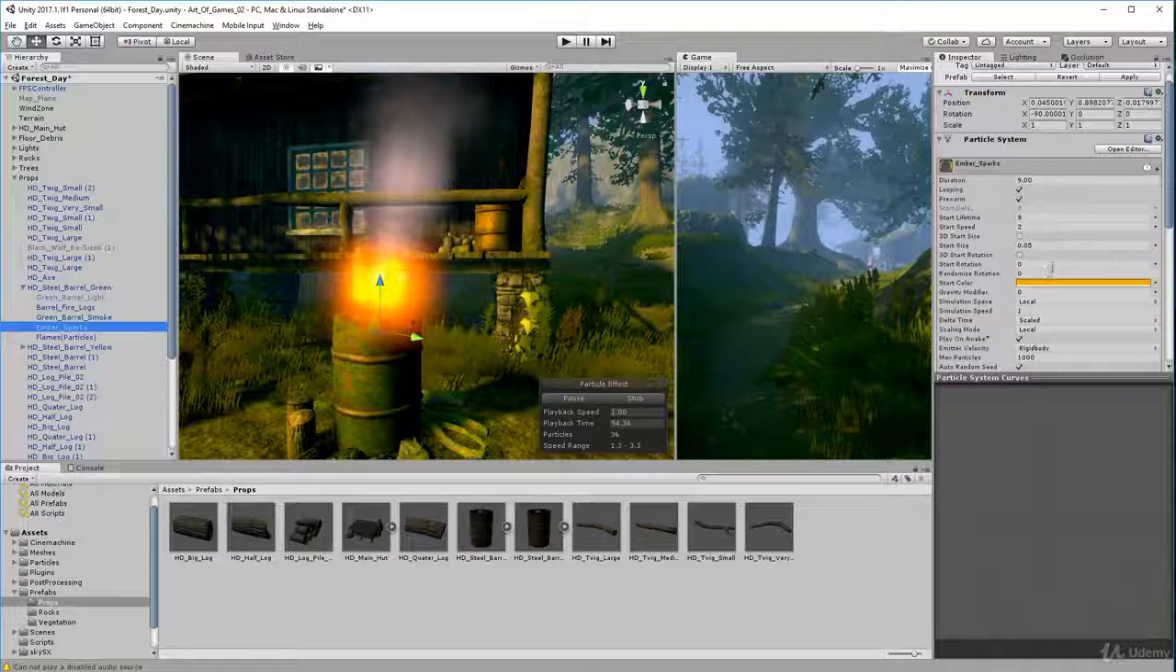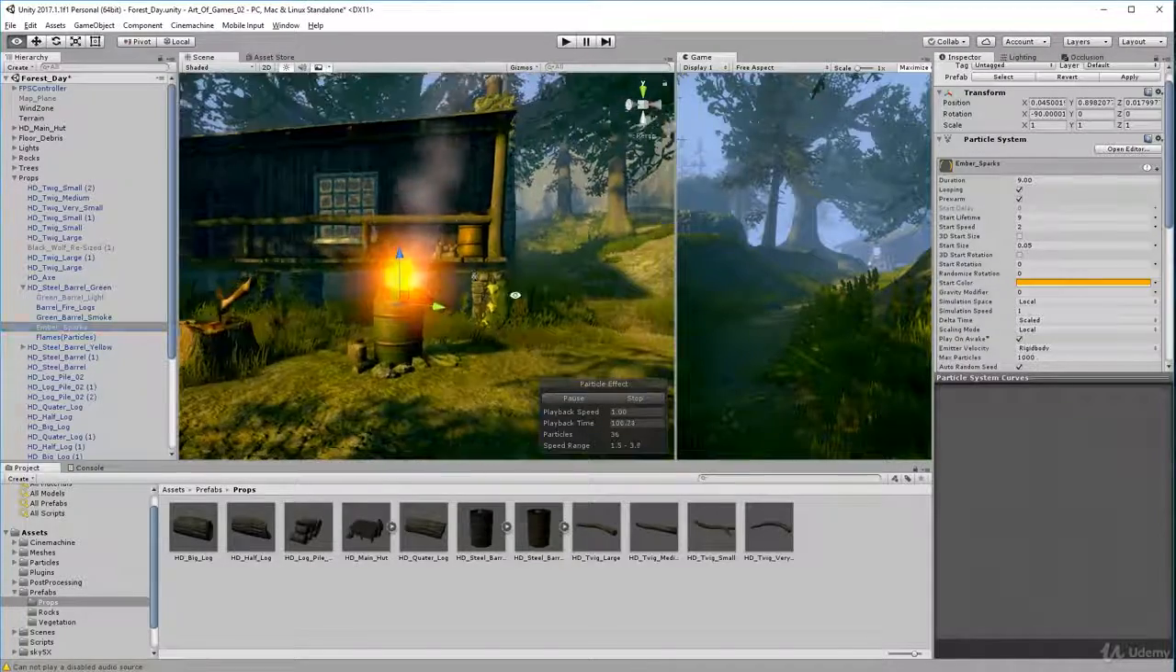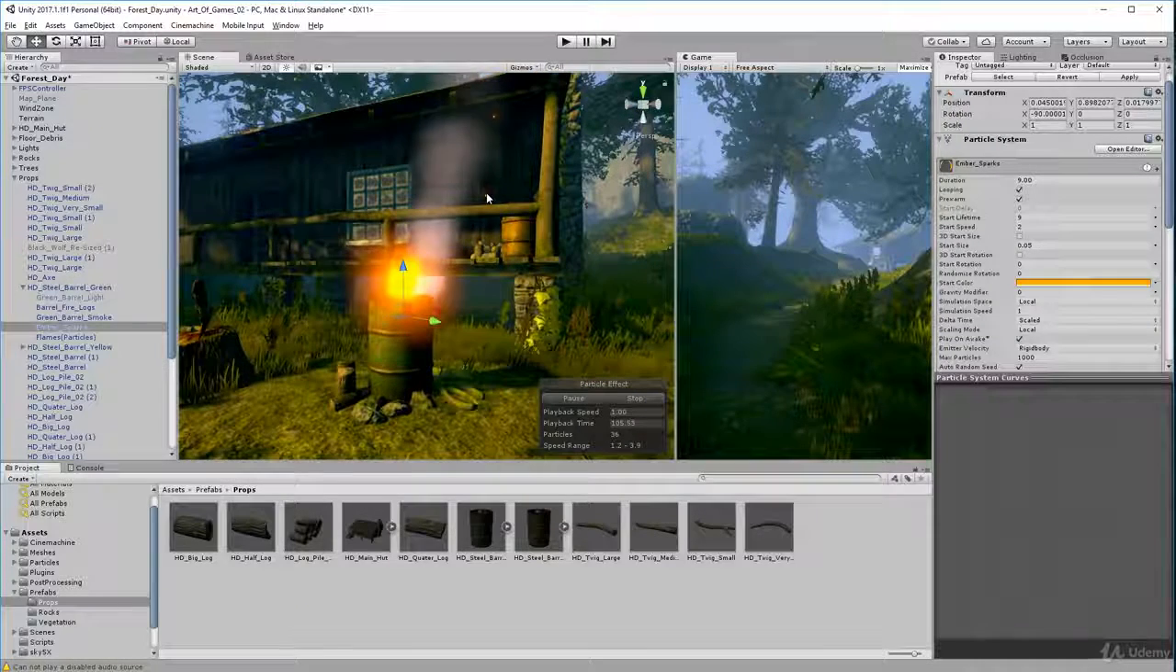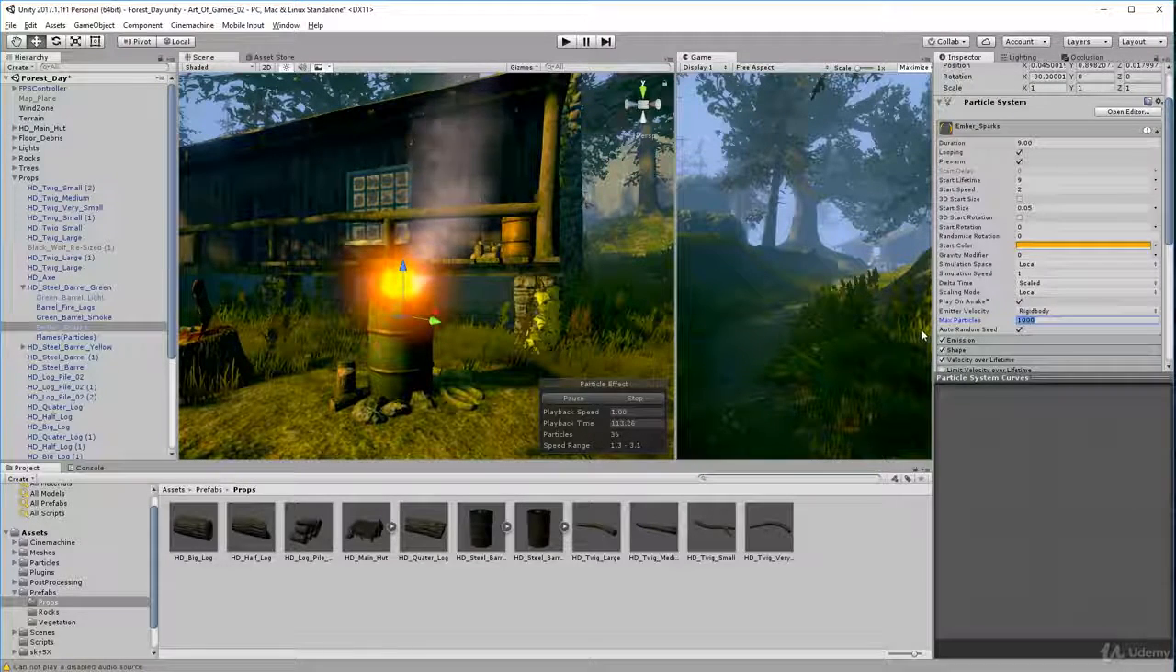I've changed the start color, duration, and the start speed. Embers come out pretty fast, a lot faster than the smoke, you notice. And there's not very many of them either. You don't want too many because it looks kind of odd. I've got maximum particles there, but